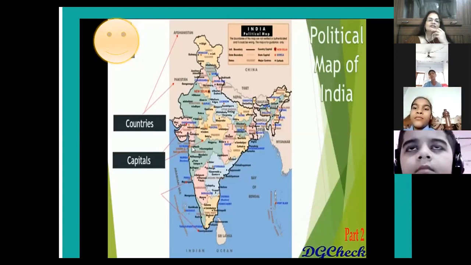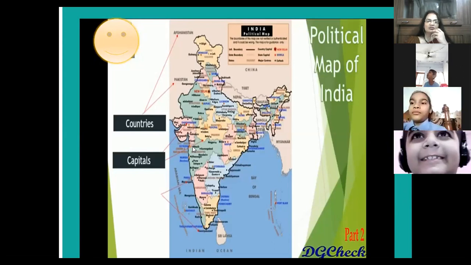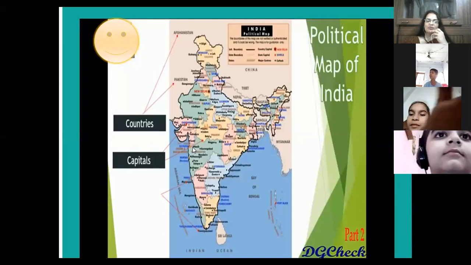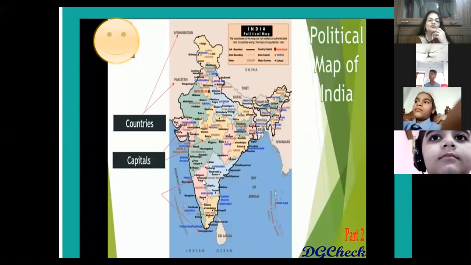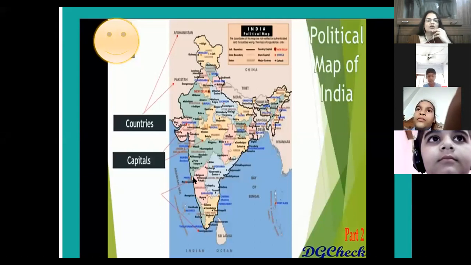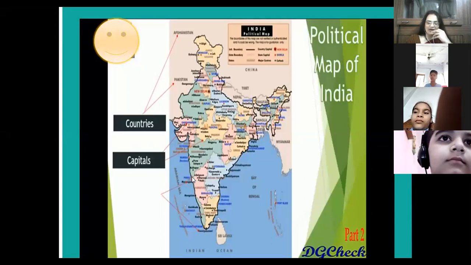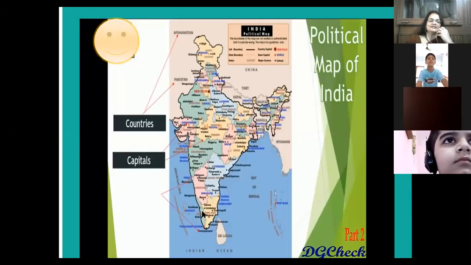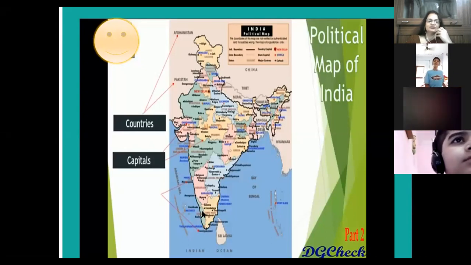And below Gujarat, we have Maharashtra. You all know Maharashtra. You might have visited. And its capital is Mumbai. Then we come down. We have Goa, a small state. Its capital is Panaji. Just near Goa, we have Karnataka. Its capital is Bangalore. And just down we come to a shape like Kerala. It's Kerala. Yes, students, you can see it, and its capital is Thiruvananthapuram.